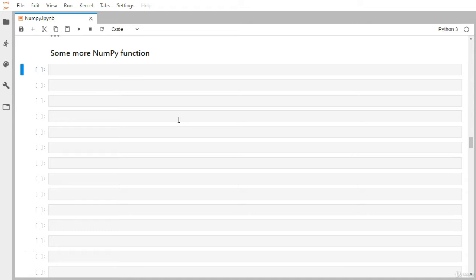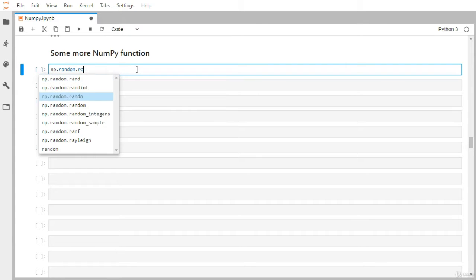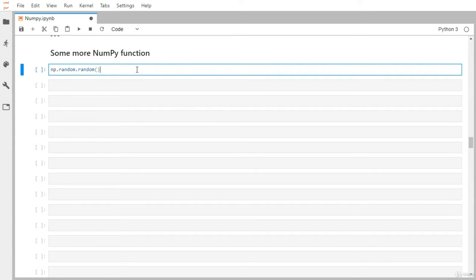To put those things into action, we need some matrix or some two-dimensional ndarray. So let's first generate some array. I have already imported this NumPy library earlier. So np, let's say we'll generate with the random module. So random dot random, and let's supply one tuple.